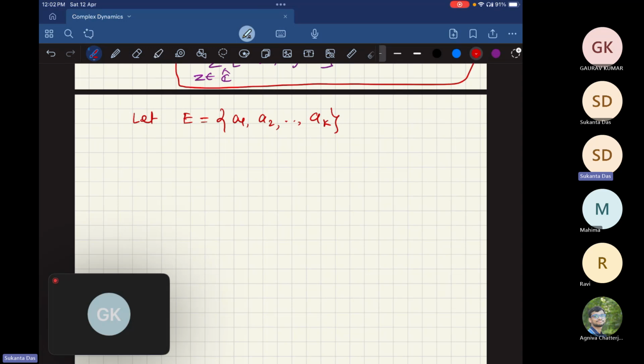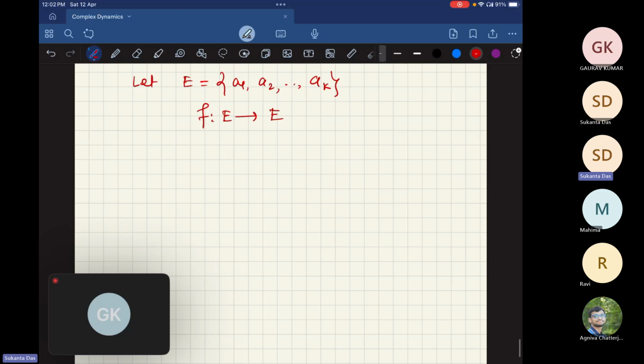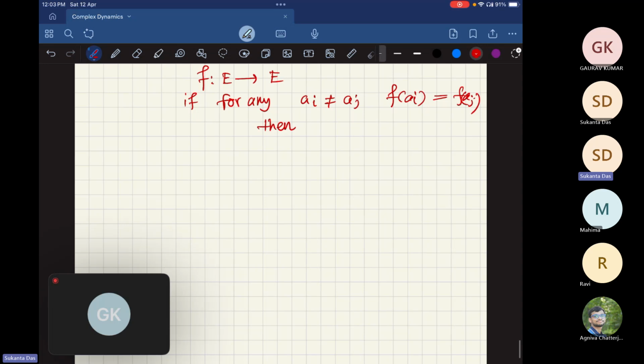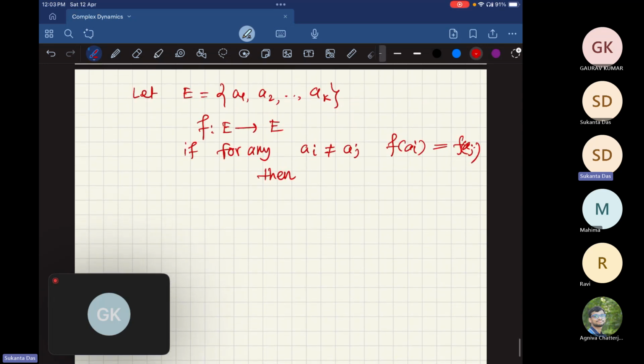Now I'm saying that you consider f from E to E, and if for any a_i not equal to a_j, f of a_i is not equal to f of a_j, then we have something which is actually, let me denote it